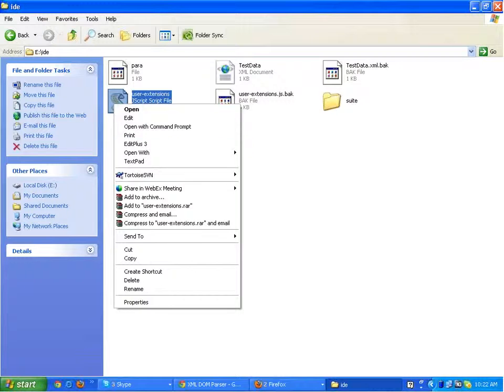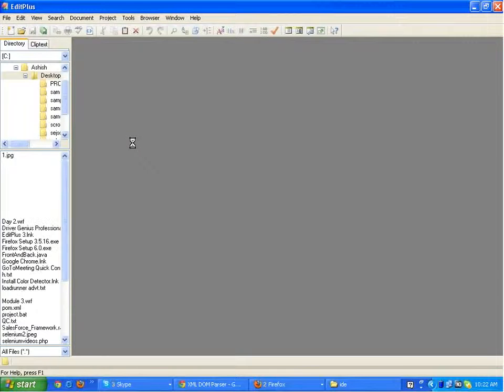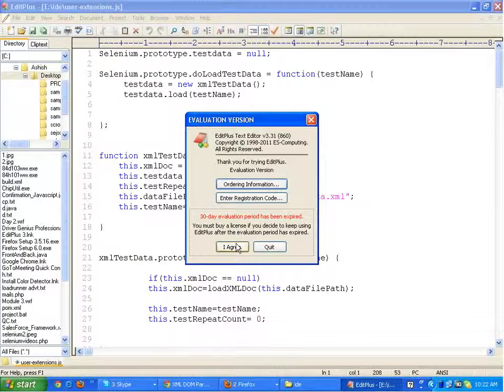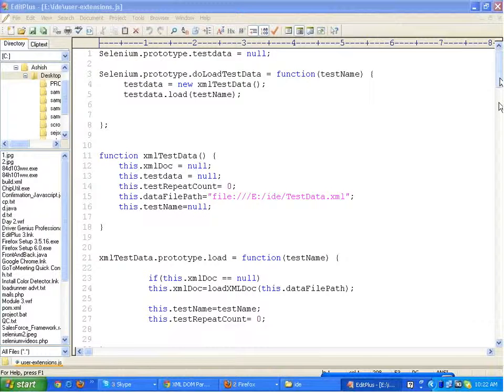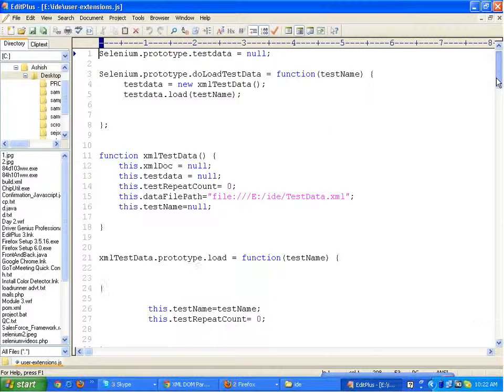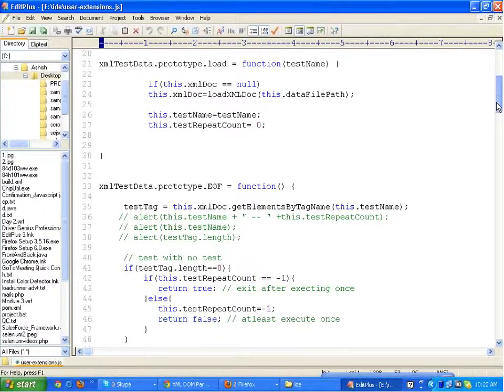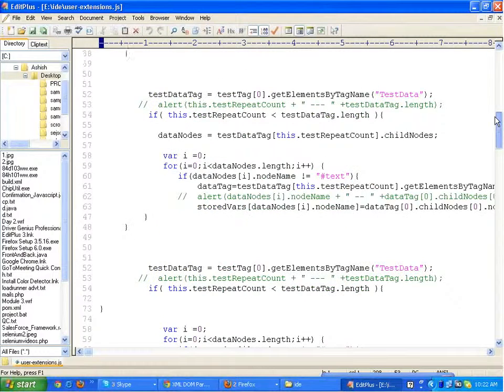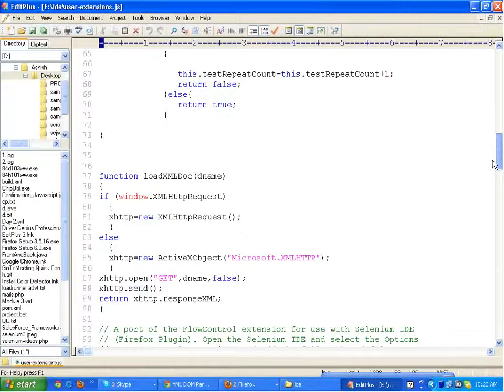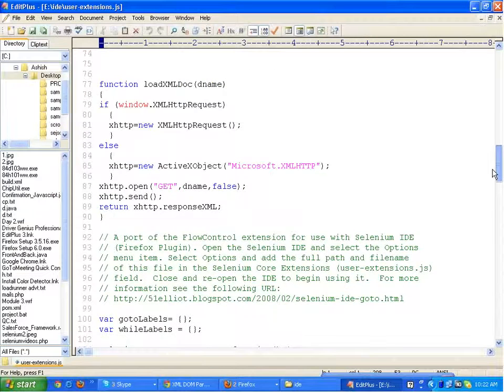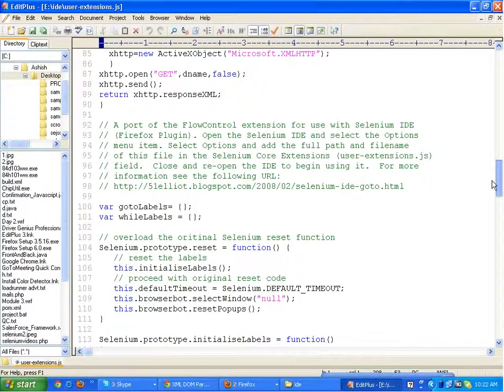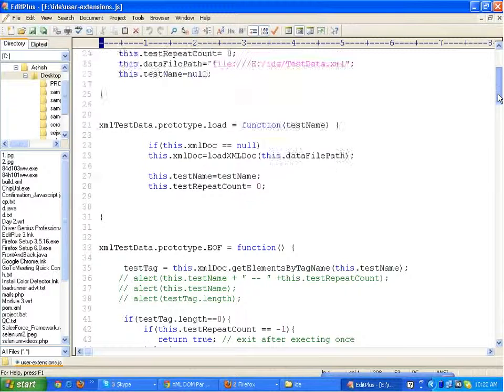I'll open it in EditPlus, and this is the file. In this file I have made a function named